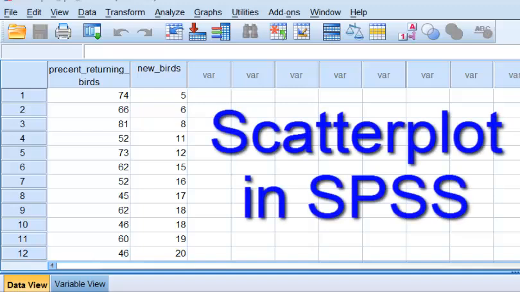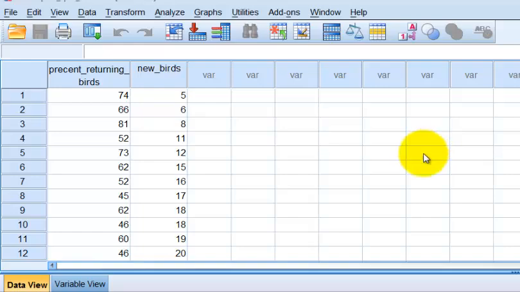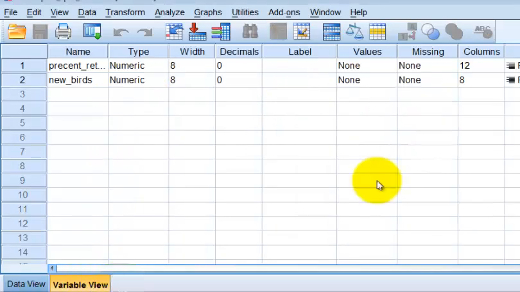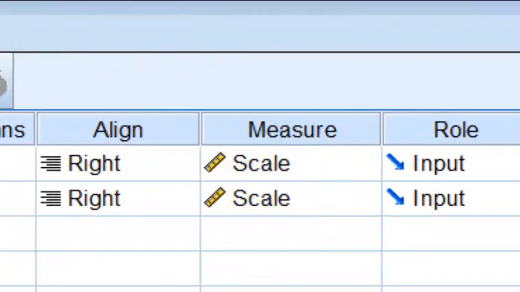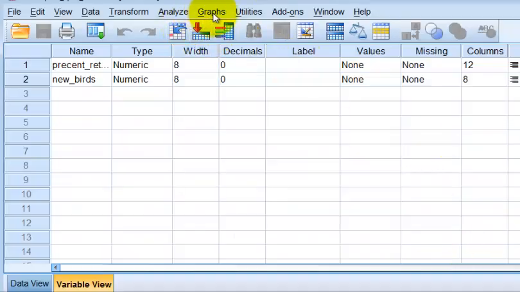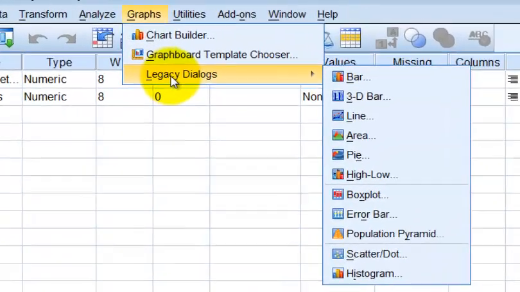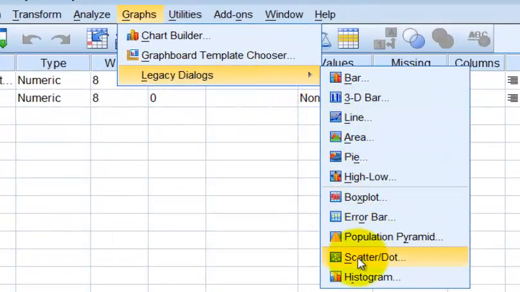Here's how you do a scatter plot in SPSS. This is going to be fast, so take notes. Once the data is entered, and make sure you have them as scaled measurements, you're going to go to Graph, Legacy, Scatter Dot,